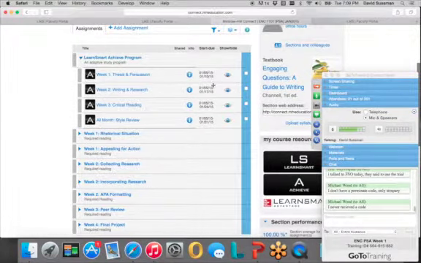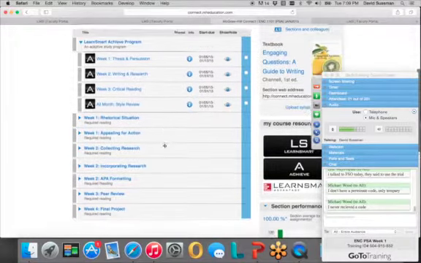And I don't know how well you can see here, but I've set them up that they do have due dates and end dates, but they're all open. So there are some students who take advantage of it. I've had students complete all of these in like the very first weekend. So they're done, they've got that 10%, and they can kind of move forward. So please take advantage of it, because they're easy points, and it's always frustrating when I have to give people zeros for not completing these modules, because they're really easy points.